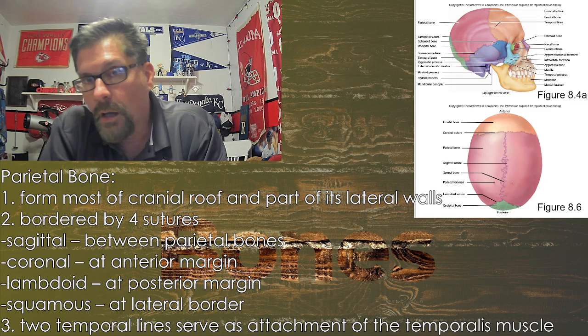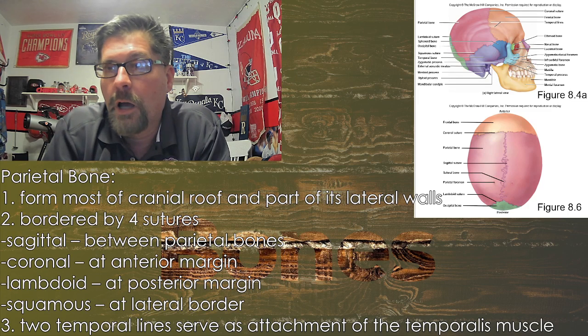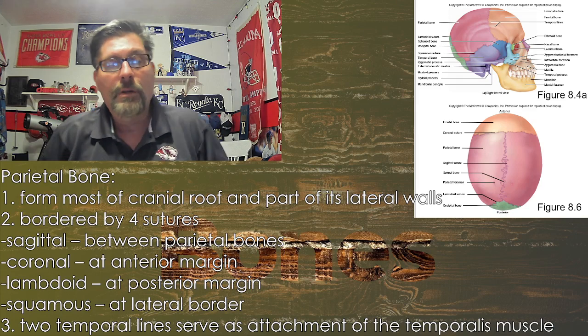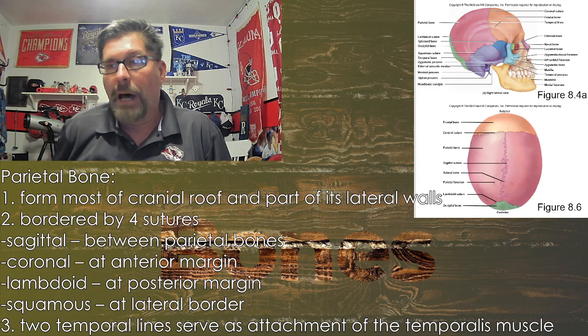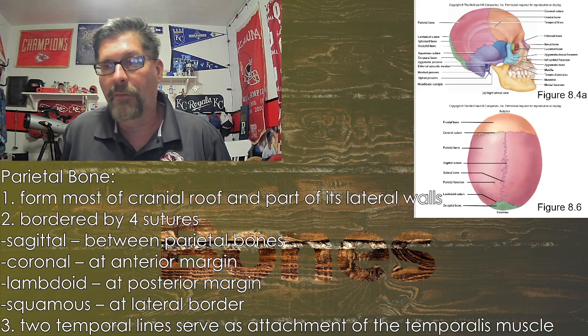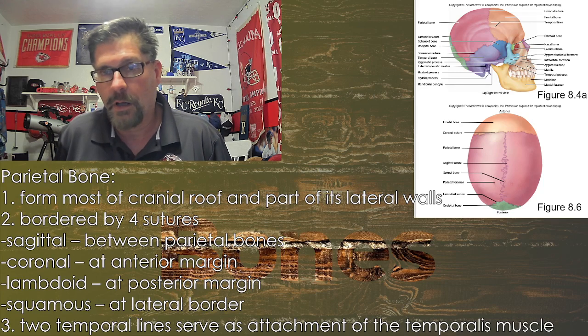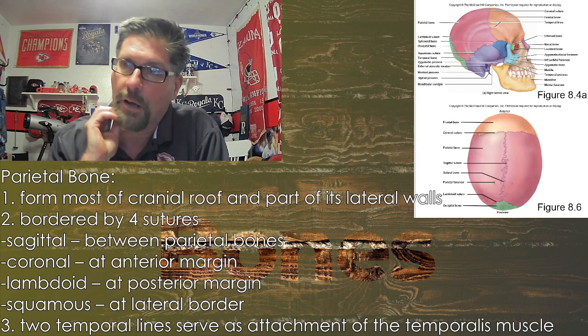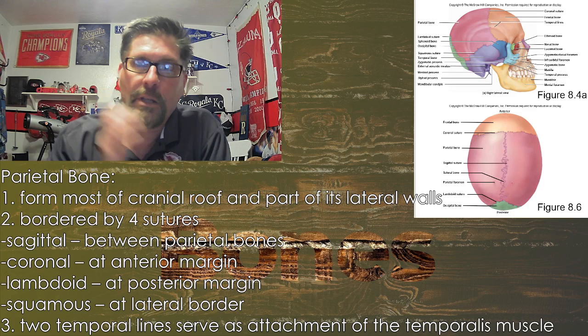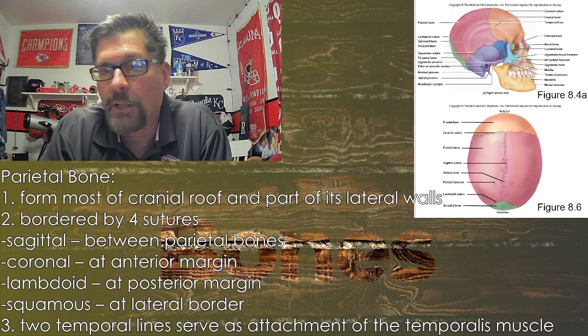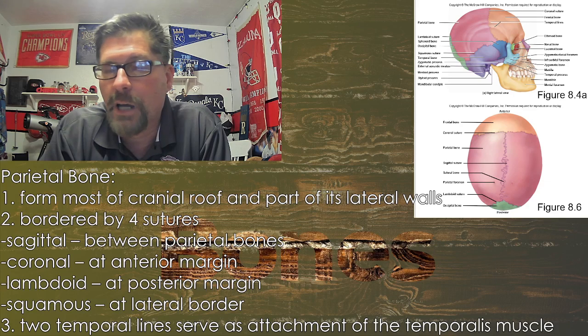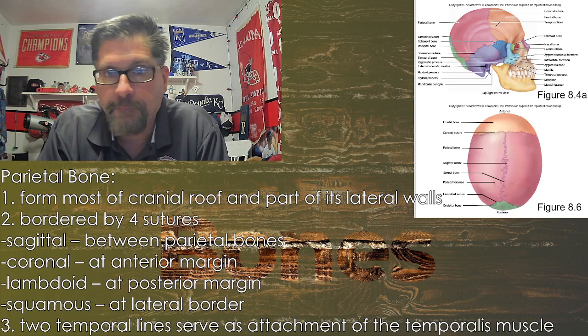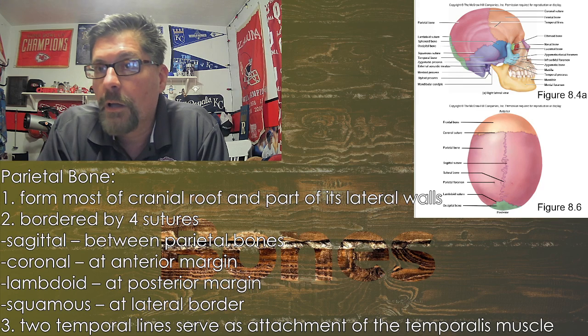Okay, again, this is the parietal bone, and you can see the side view and the top view. In the top view, you can see the right and left parietal with the sagittal suture in between. And then you can see the side view. The parietal is the pinkish color there, and again, it's got sutures that separate it on the sides. It's got the suture there below it, and of course